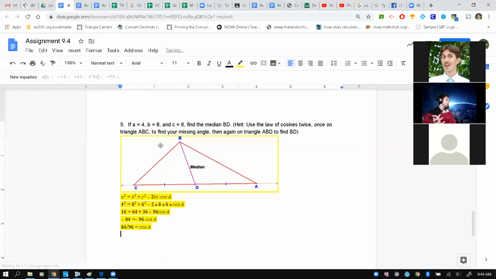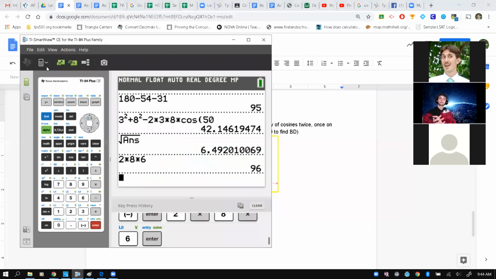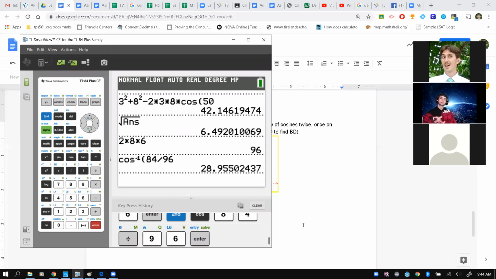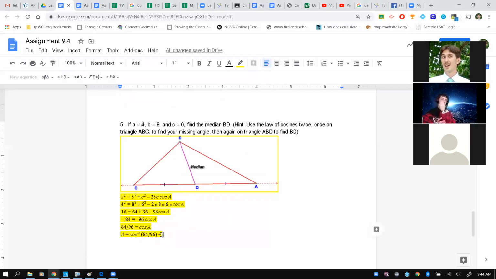So A will equal the inverse cosine of 84 over 96, which is 28.955